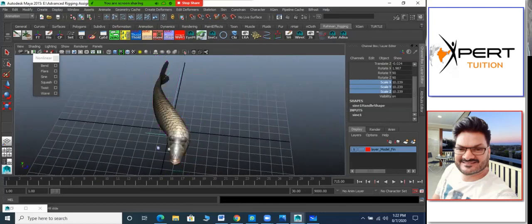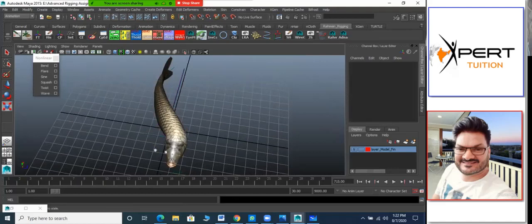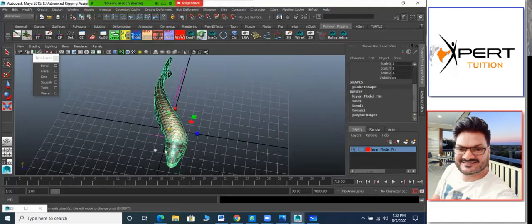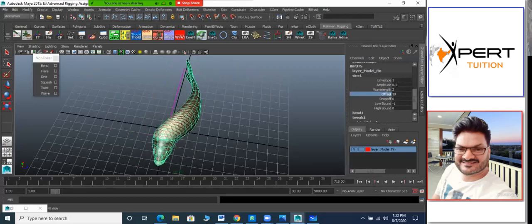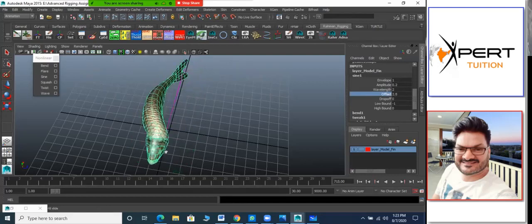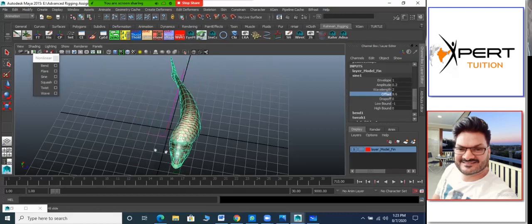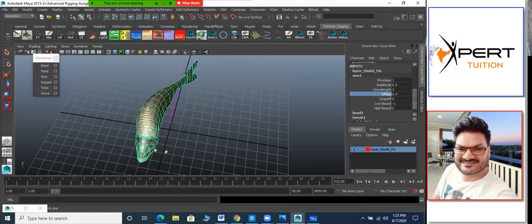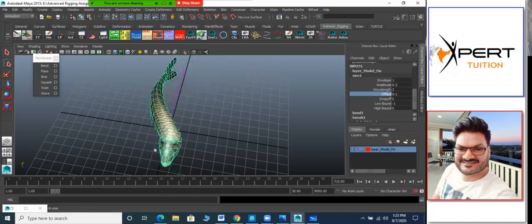Now we'll see in the top view what exactly is happening. So we can select the mesh, go for the sine deformer, both, and the offset, and we can cross check that it is deforming fine or not. Is it right? Yes, sir. I'll show you how it can be pinned, because even though I have moved the deformer, the front part is deforming, so that we can fix it.